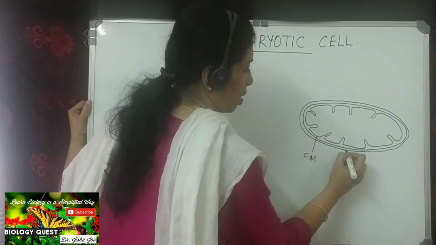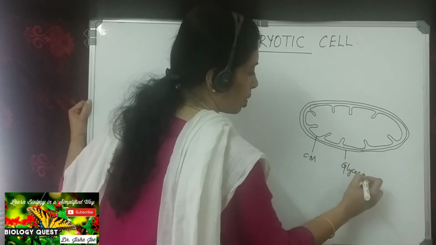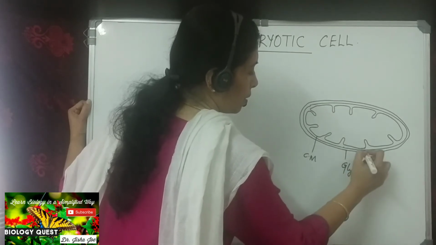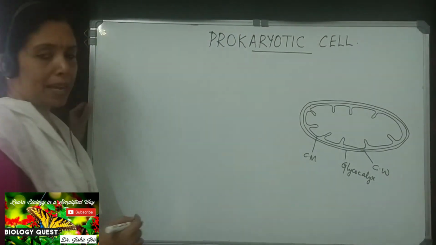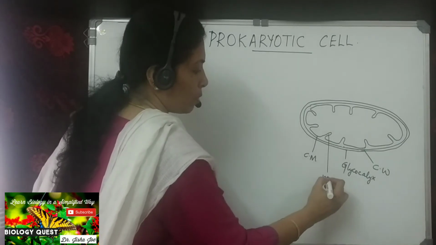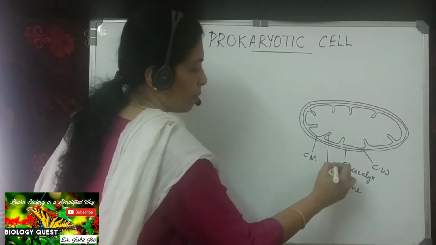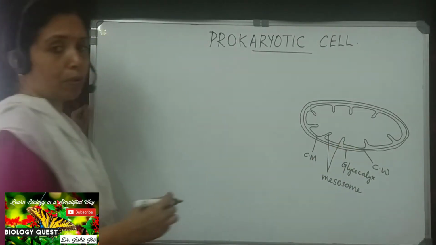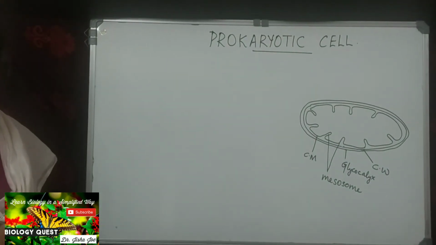So once again, outermost is the glycocalyx. Then the middle layer is the cell wall. The innermost layer is the plasma membrane or the cell membrane, and it has several infoldings which are called the mesosomes. Mesosomes are the infoldings of the plasma membrane into the cytoplasm. Now we shall have a look at the